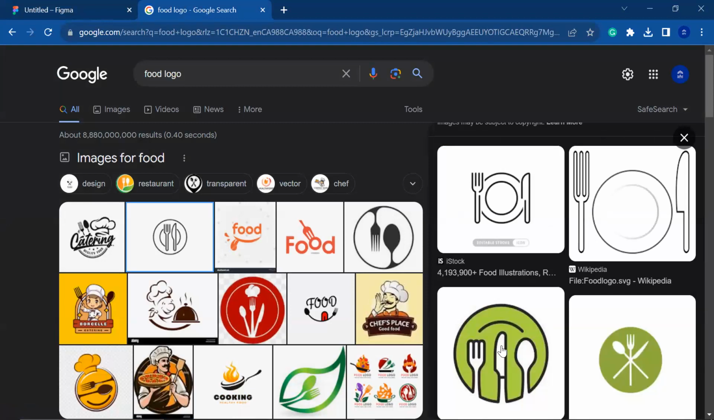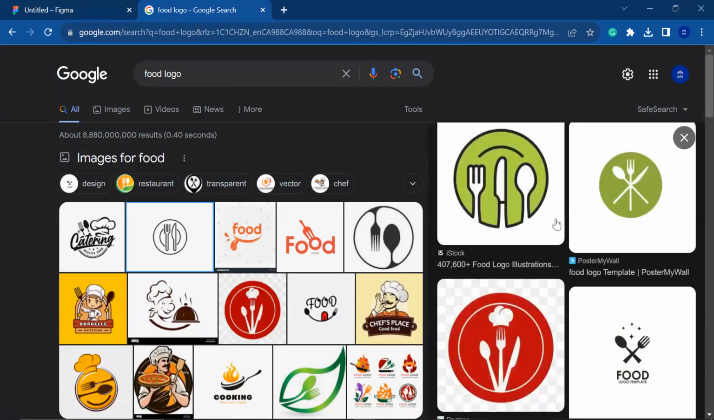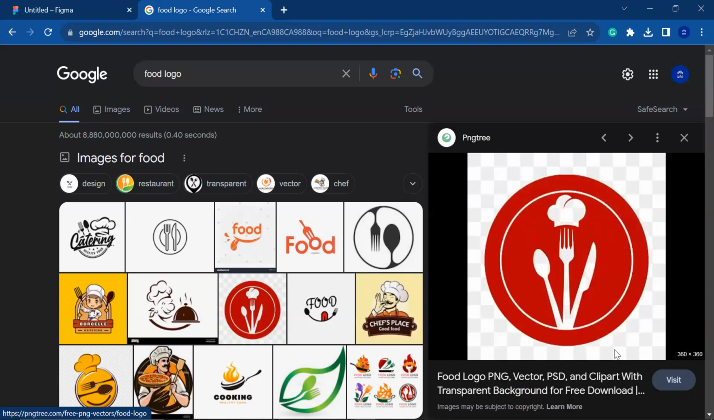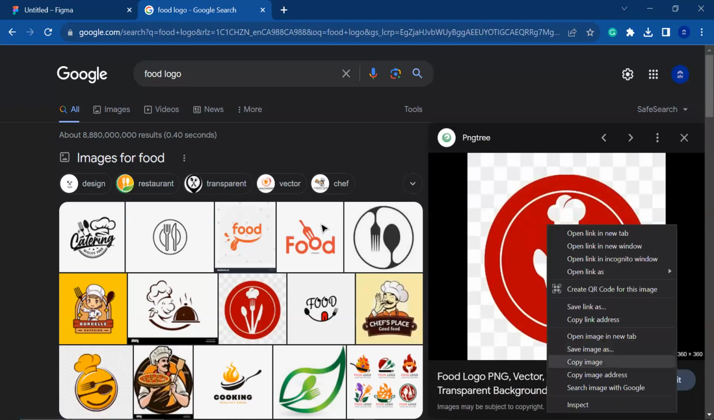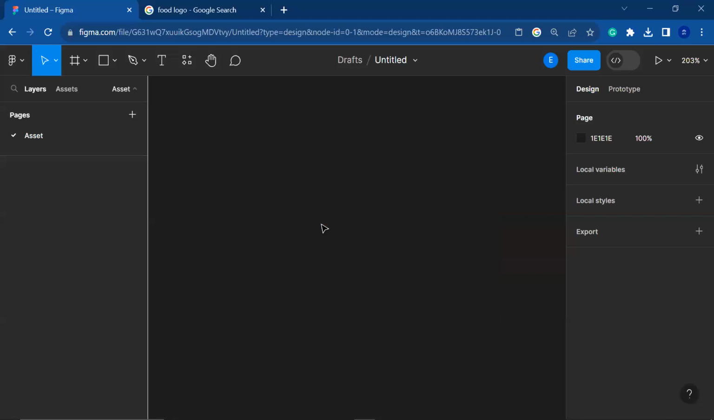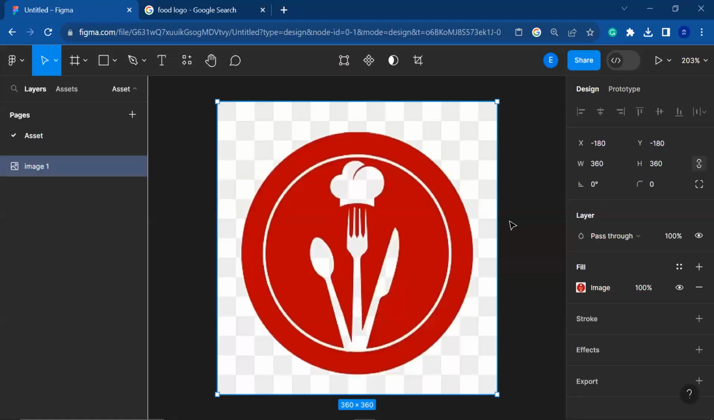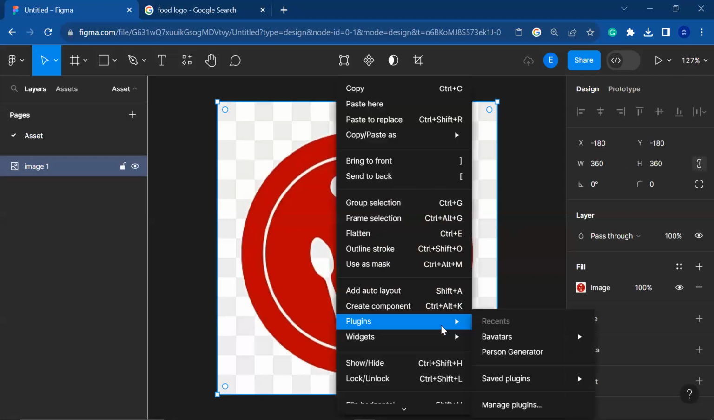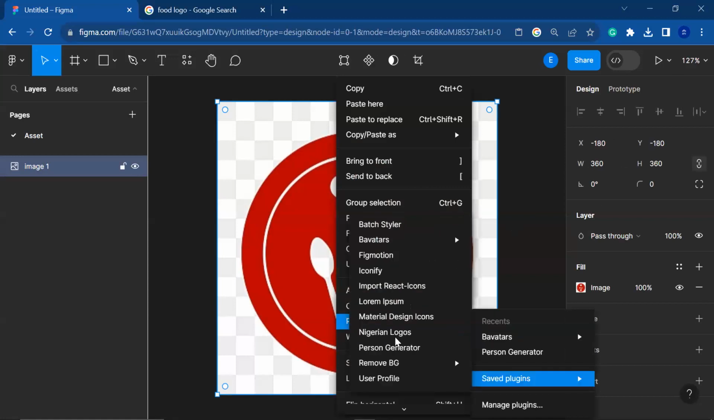Okay, so let me delete this one and bring this one in instead. Okay, so I have this logo. So the next thing I'm going to do is I'm going to remove the background. Remember what we talked about using remove.bg. So I would remove the background and